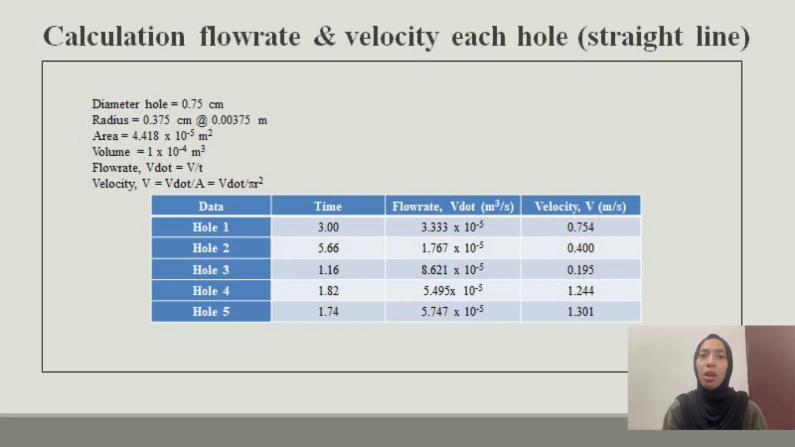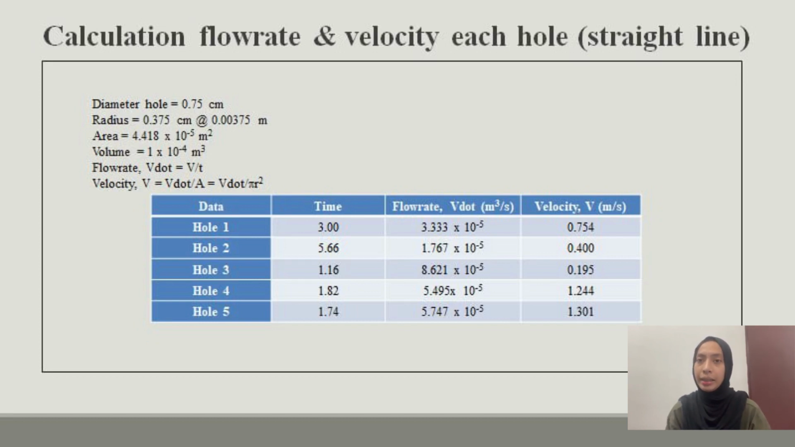For hole 4, the time taken was 1 second and 82 milliseconds. So the flow rate is 5.495 times 10 to the power of negative 5, and the velocity is 1.244 meter per second. And lastly, for hole 5, the time taken was 1 second and 74 milliseconds. So the flow rate is 5.747 times 10 to the power of negative 5 meter cube per second, and the velocity is